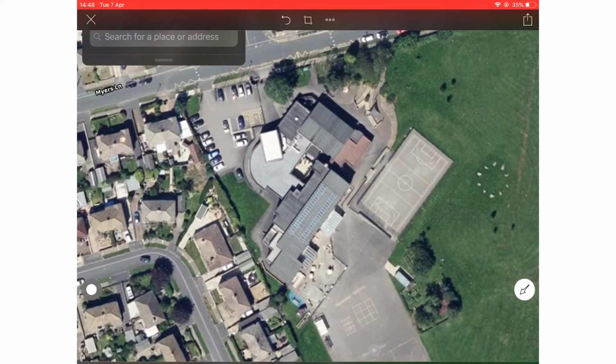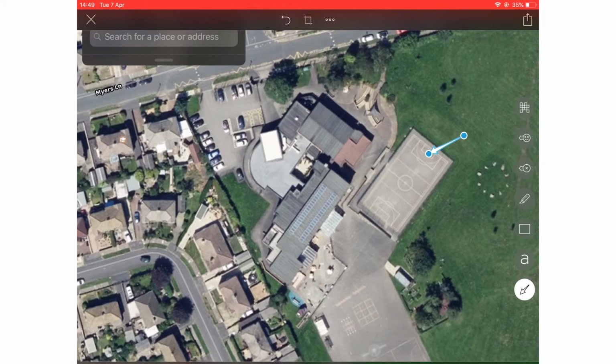Now what I want to do is label it. So I'm going to click on the bottom right where there's a picture of an arrow, and you can see the arrow is already clicked, so I'm going to label the school playground. So I'm going to drag and draw the arrow. Once I've done that, if I click it, you can see that you can move the arrow around using those blue dots. So I'm going to drag that there, and then after I've done my arrow,